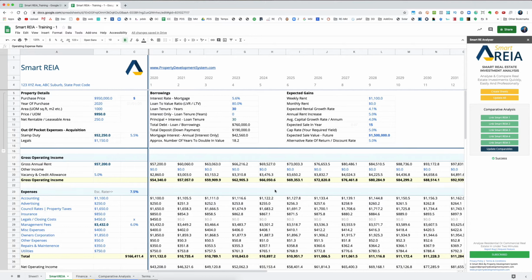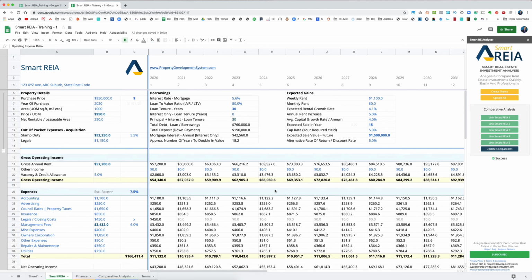Now, you can also use this analysis. Say, for example, you are a developer and you've already done a feasibility on an investment property that you are going to hold after your development is complete. So you do a development and you know that that's the money that you're going to make. But you can roll that money over into your investment property and then rent it out. So the next leg of your analysis has to be done in smart real estate investment analysis in order to